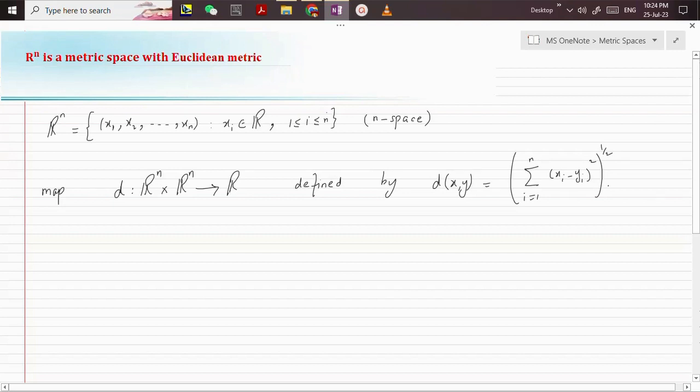We shall prove that this map d is a metric. It satisfies the four properties of a metric. So we shall verify the four properties of a metric, and here